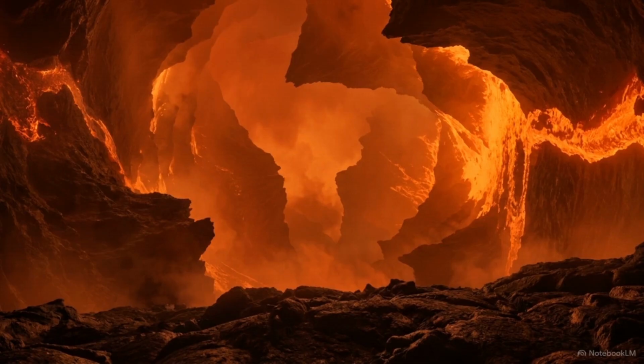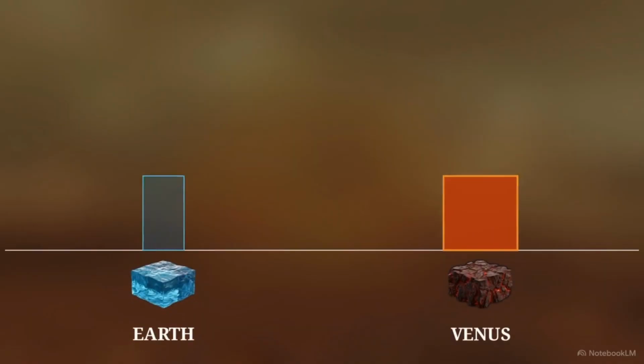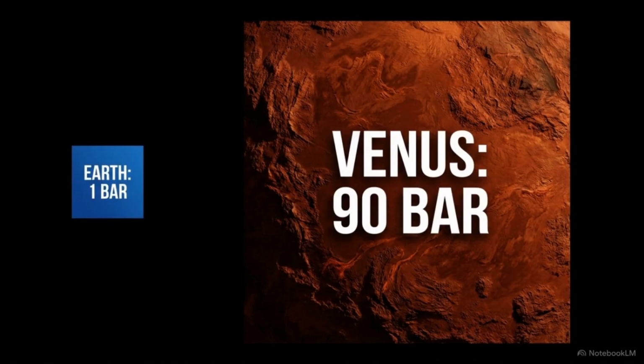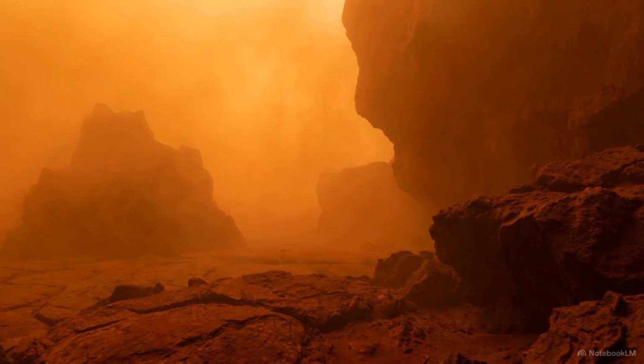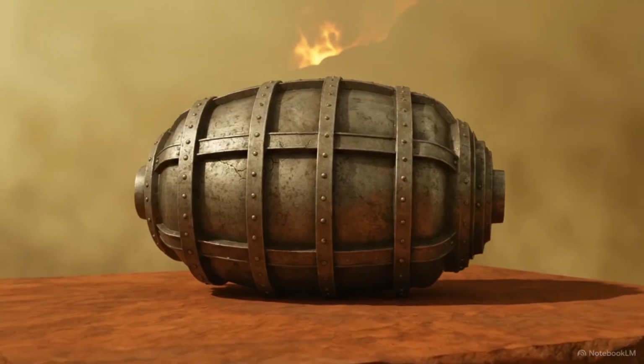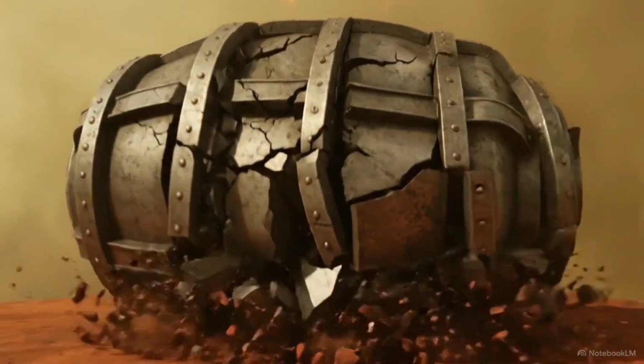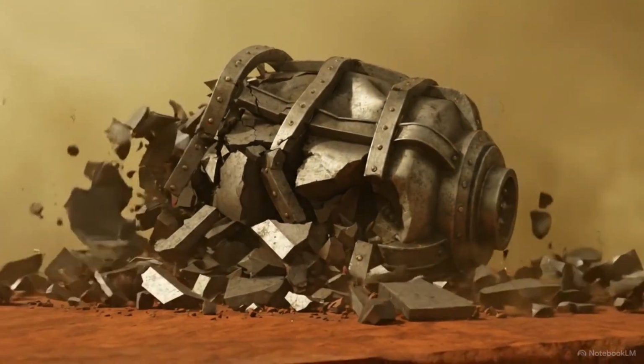But the heat is only the first physical barrier. The immense column of carbon dioxide sitting above the surface exerts an extreme, invisible physical weight. The atmospheric pressure here is 90 times heavier than at sea level on Earth. Landing here is the equivalent of being crushed nearly a kilometer deep in the ocean. Any standard mechanical probes sent to this surface will immediately buckle and collapse inward under the sheer weight of the sky.